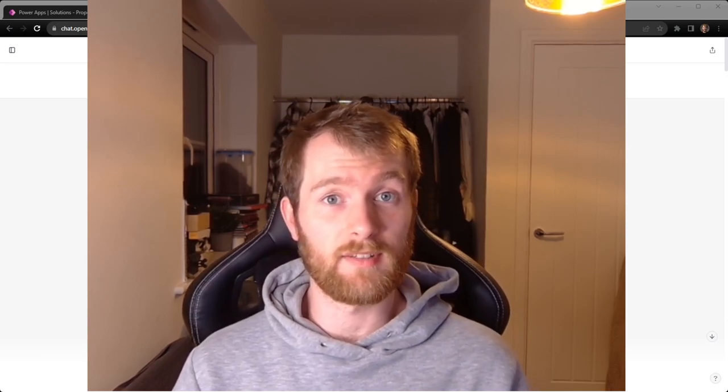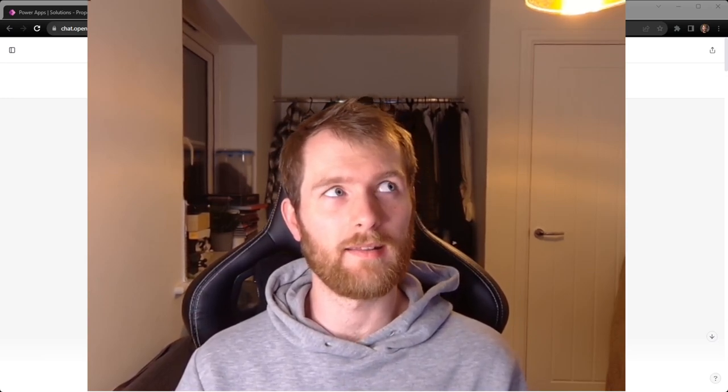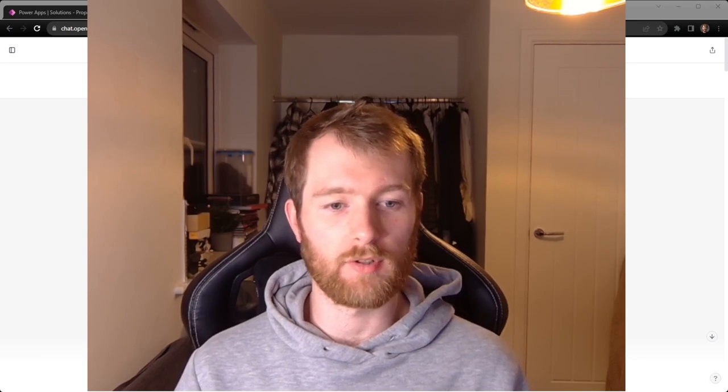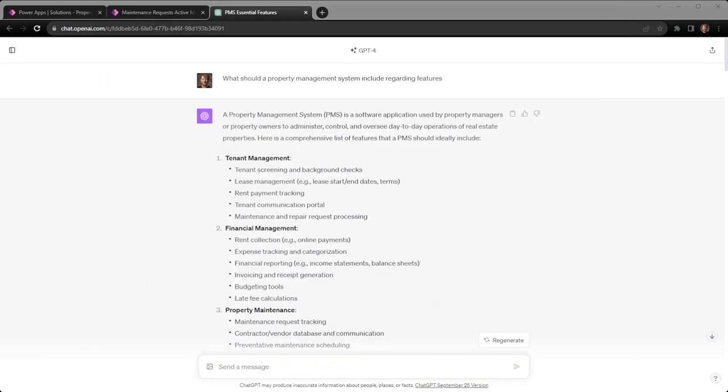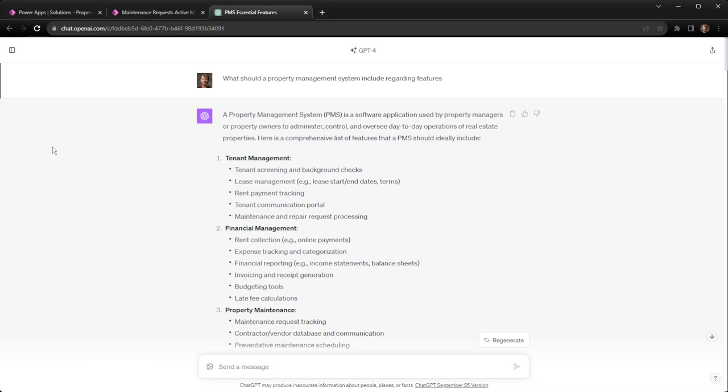Adding on to that, I can give you some details around timeline as to how long it is taking me to actually build this part of the solution out. So if I jump into my first point, looking at the solution, in this instance I'm looking at property management, and when it comes to property management, there's multiple different aspects to it. And I thought, well, rather than looking at some examples from maybe clients I've worked with or just some ideas I've thought of, let's just standardize the approach and typically look at what's involved with